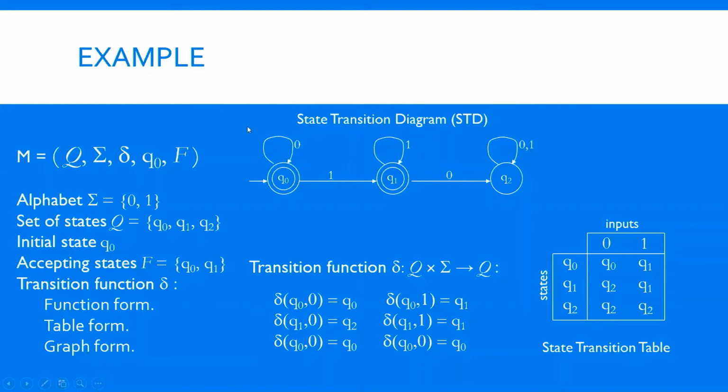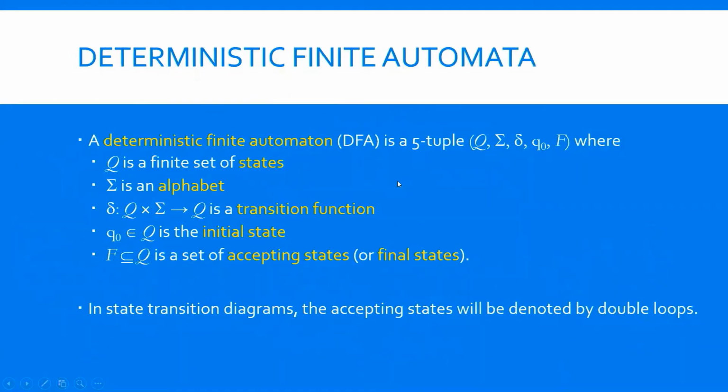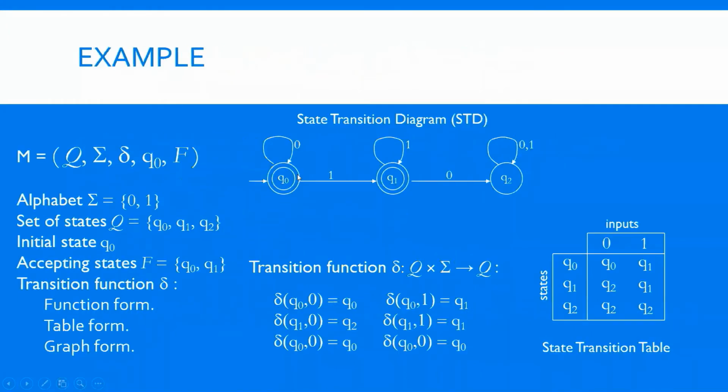So suppose someone asks you to define a finite automaton, so you have to write this. But based on this delta, you can represent it in 3 different ways. One is the direct function representation, another is the table representation, another is the graph representation, vertex edge relations.